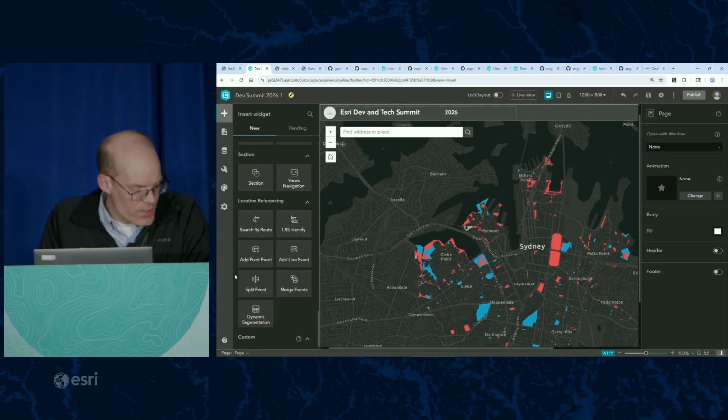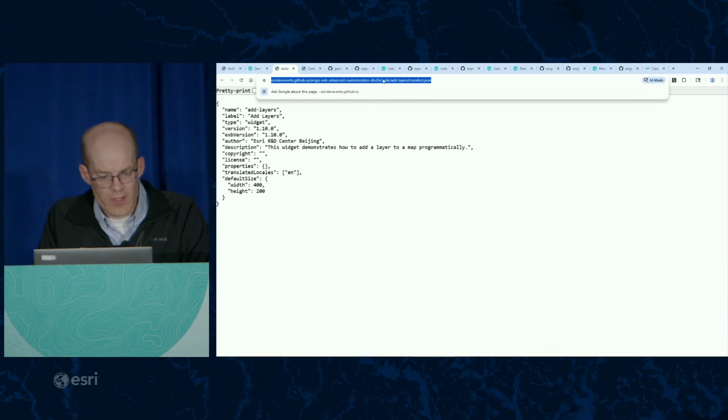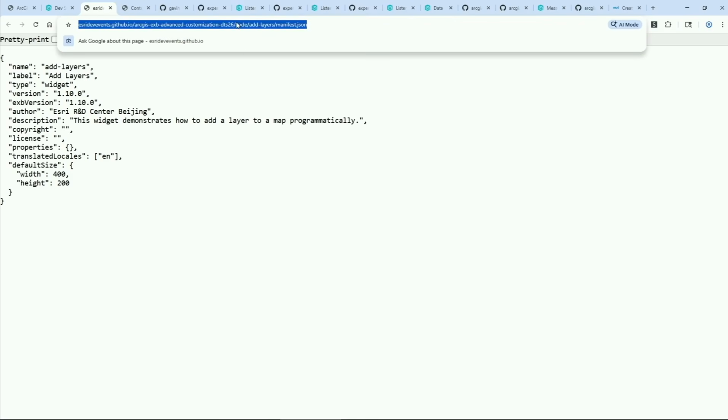So like I said in the slides, we will host our widget files out on a web server. In this case, I've hosted my files out on GitHub Pages. But a lot of times people, if they have simple ArcGIS Enterprise setups, they'll host the files just on the IIS folder that's on your ArcGIS Enterprise machine. That's common. Or if you have a web server that's available within your company or something like that, they'll host the files there. So not too hard to just host the plain files. And then I'm going to take the URL of the manifest.json in those files, and I'm going to copy it